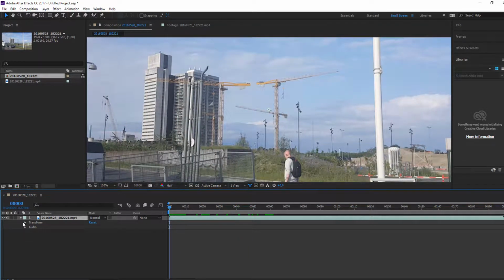So if you hit the transform arrow, a drop down comes with multiple property parameters you can change. You can change the anchor point, X and Y, the position, X and Y, scale, 100%, and rotation in degrees,